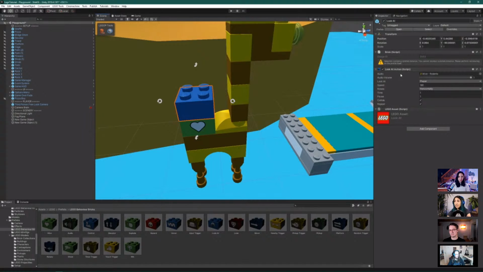In the look at settings, I can set a specific sound effect for when this is activated. I can tell it what specific game object to look at. In this case, I want it to be the player, how fast it looks at it, how it rotates. So I'm going to leave those settings as default, and then we're going to add one more, which is